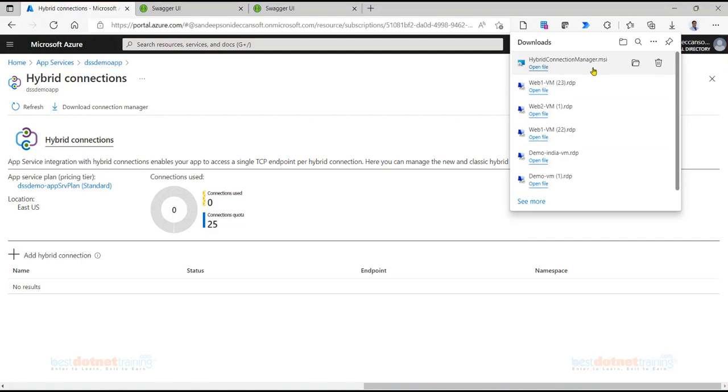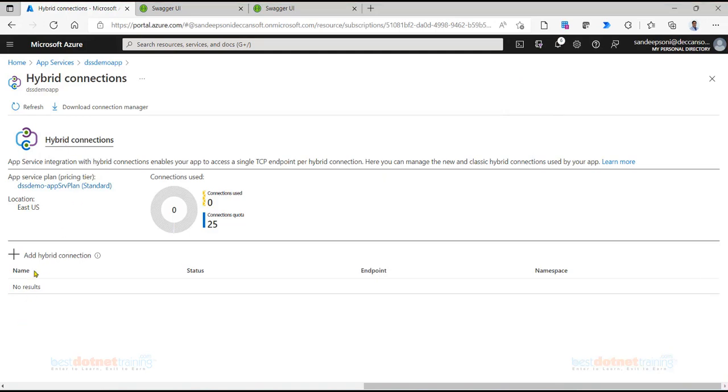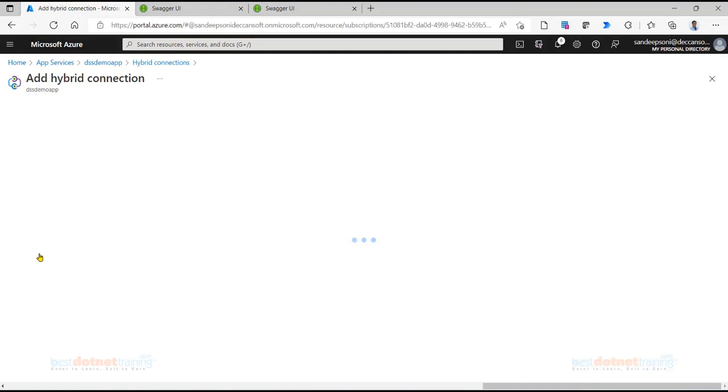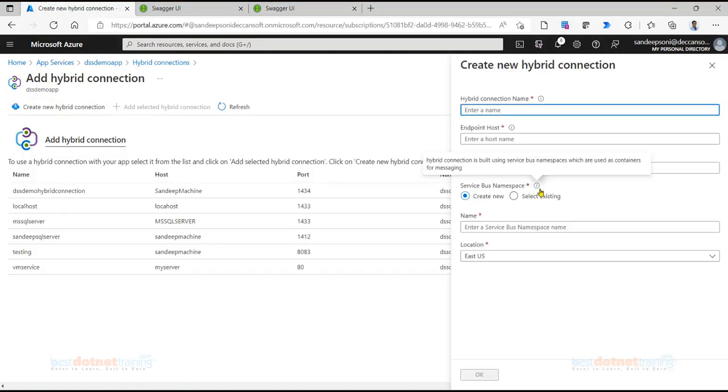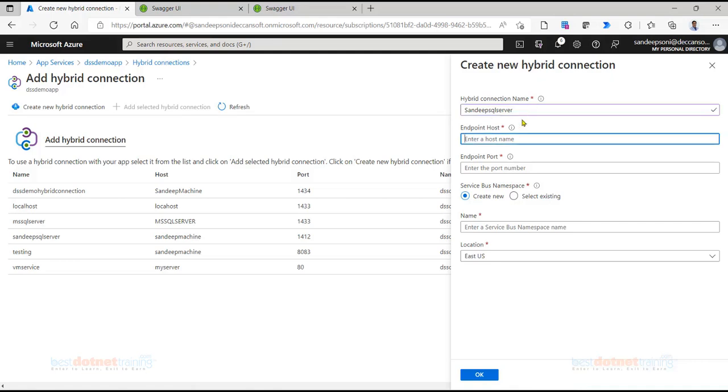This we have done on the local machine, the connection manager. Second step, now you have to go here and click on add hybrid connection, and you should say new hybrid connection. Give some name, Sandeep, let's say SQL Server. Host name. Now what is this host name?